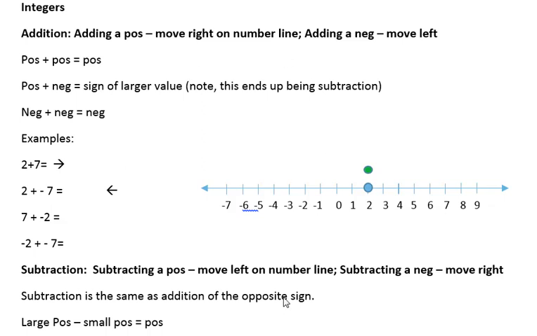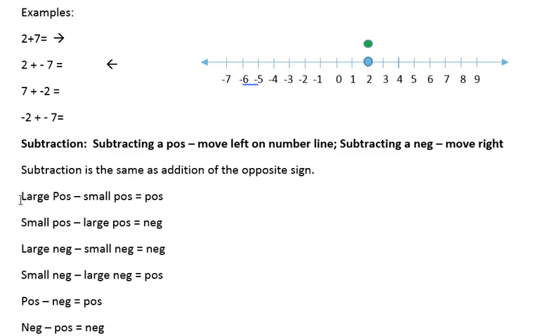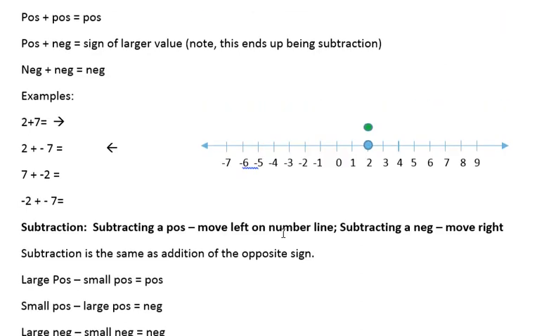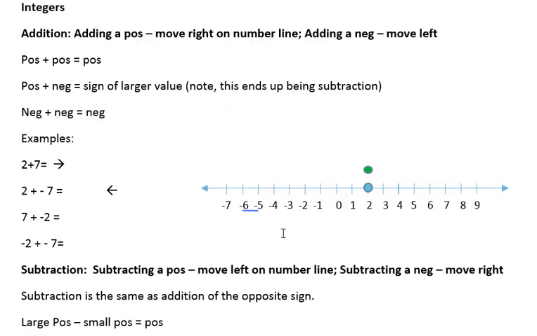So with addition and subtraction, it's kind of nice to look at addition and subtraction rather than here's your final answer, because if we look at it that way, we have a whole lot of different scenarios. We can have a positive plus a positive, a positive plus a negative, a negative plus a negative, a large positive minus a small positive, a small positive minus a large positive, and so on. You can see we end up with a lot of different scenarios. And some people say, okay, I'm just going to memorize this whole shebang, but that is a lot of things to memorize when really you need to know which direction to move on the number